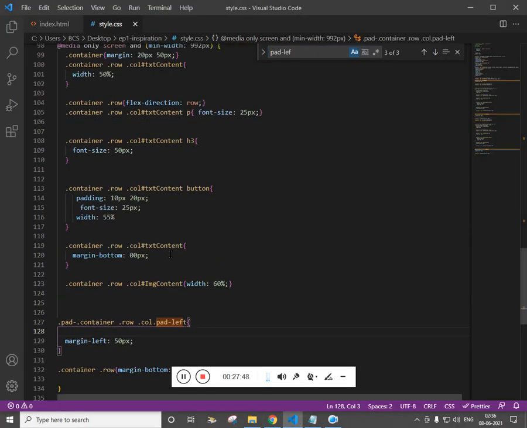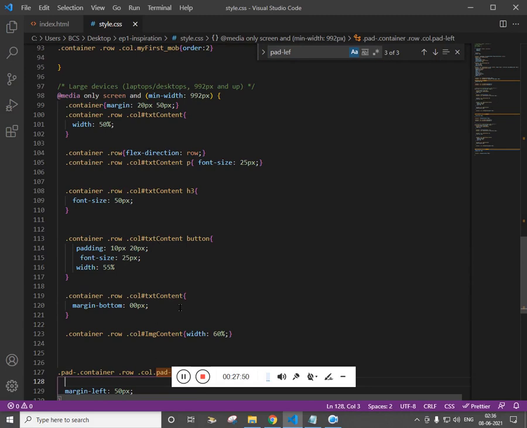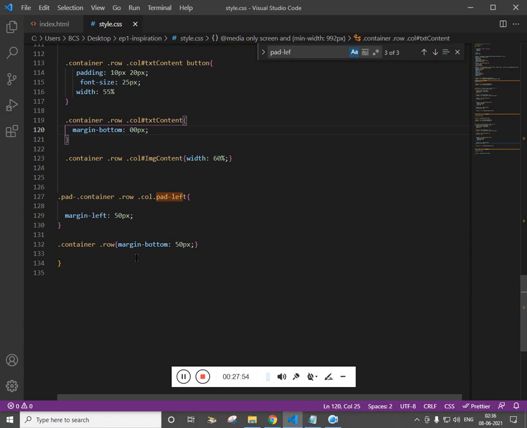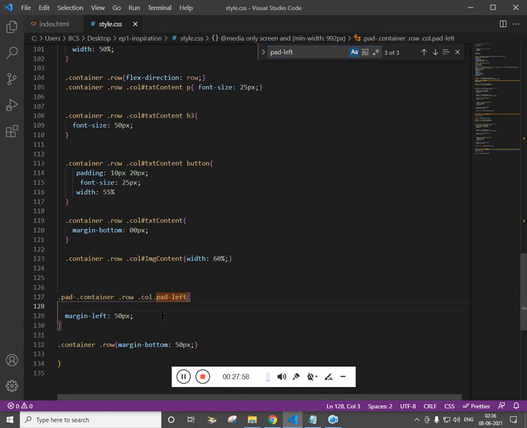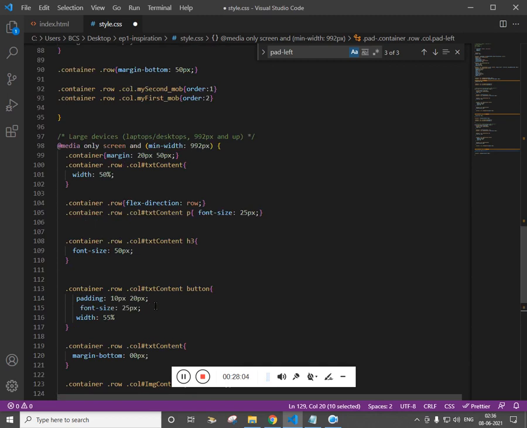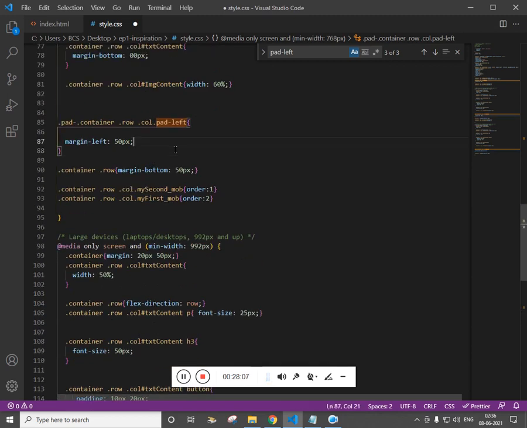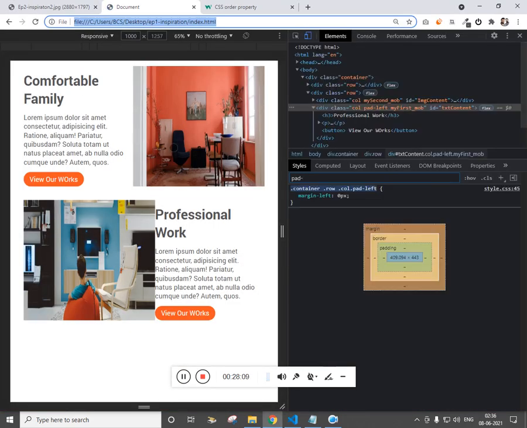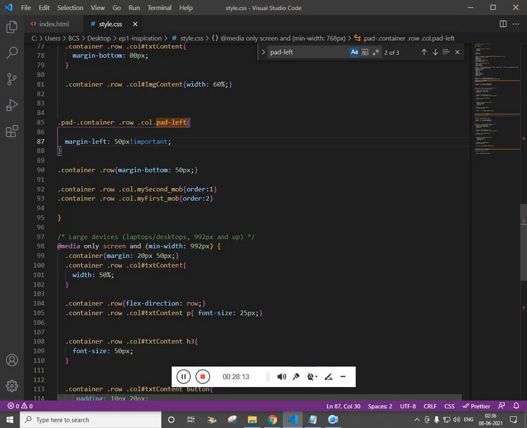I think we have to give important. Let's search for pad left. Give the keyword important. For desktop, let's try to remove this.